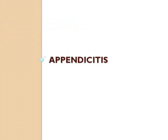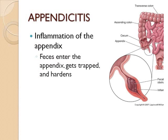Okay, a few minutes on appendicitis, very few minutes. The appendix is way down at the bottom left near the cecum where the small intestines attach to the large intestines. It's just this blind pouch that really, we don't know what it does. We haven't been able to find that it does anything, but